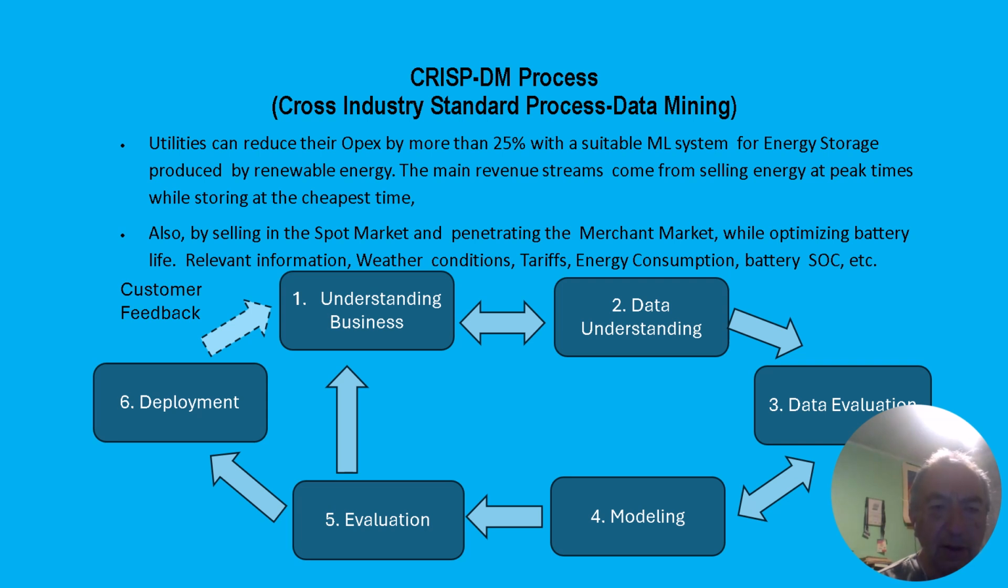In this particular slide, we analyze the cross-industry standard process for data mining and how it's used to achieve the objectives of our presentation. First of all, we can say that utilities can reduce the OPEX by more than 25% utilizing suitable machine learning systems focused on energy storage,